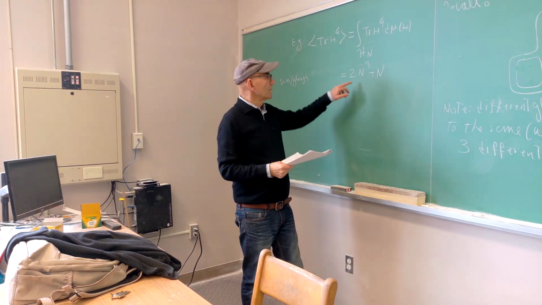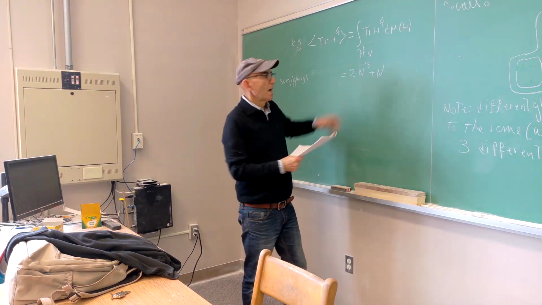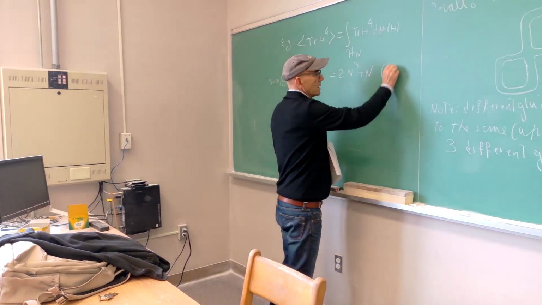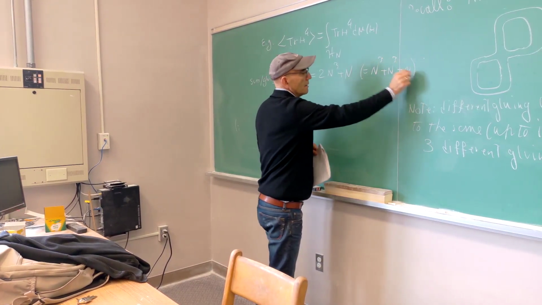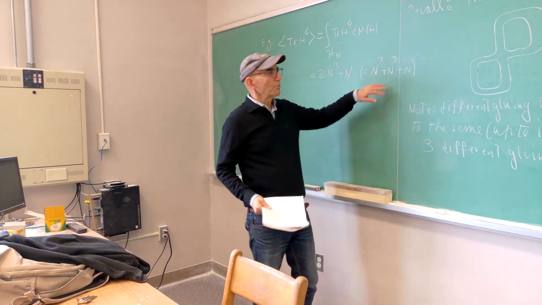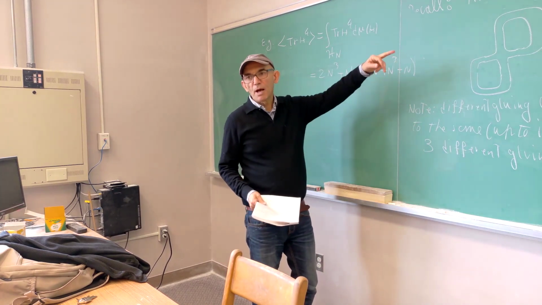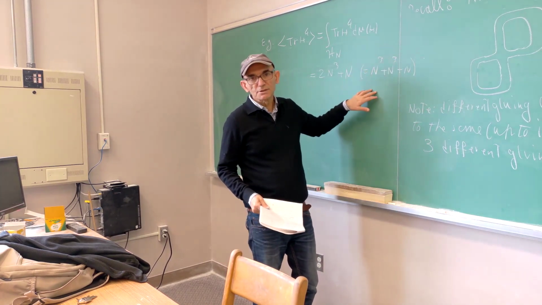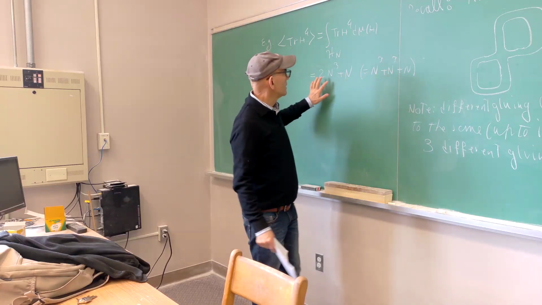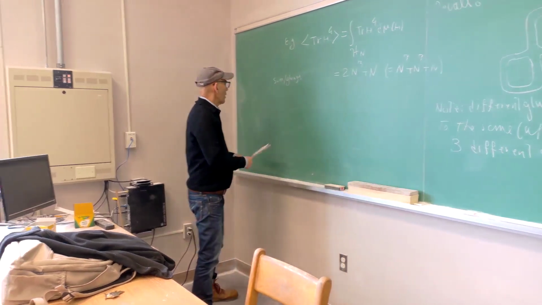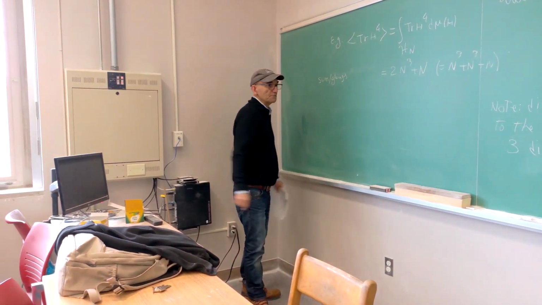We have three summands, two of these. This is n cubed plus n. Because this was the formula for the sum of n to the power of the number of boundaries. This is just the sum of powers of n, and there are only three things in this case. Now, if we want to do this using this formula,